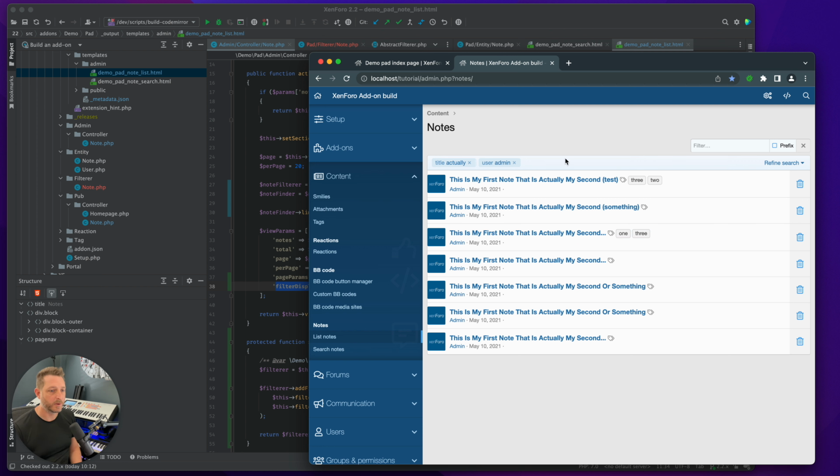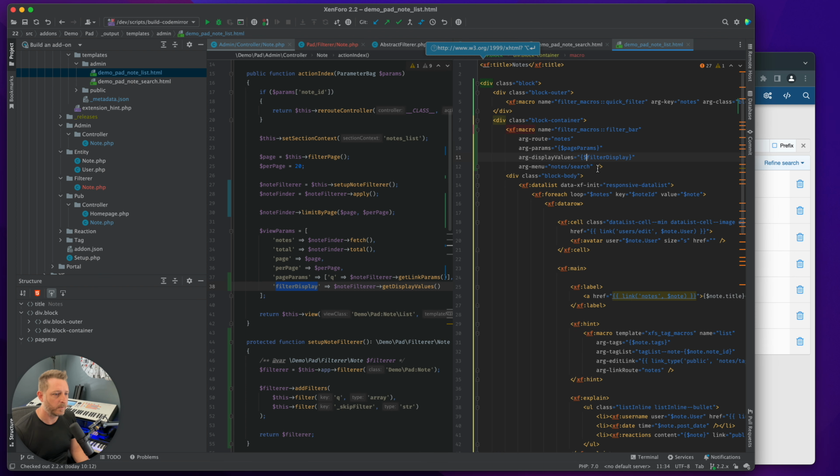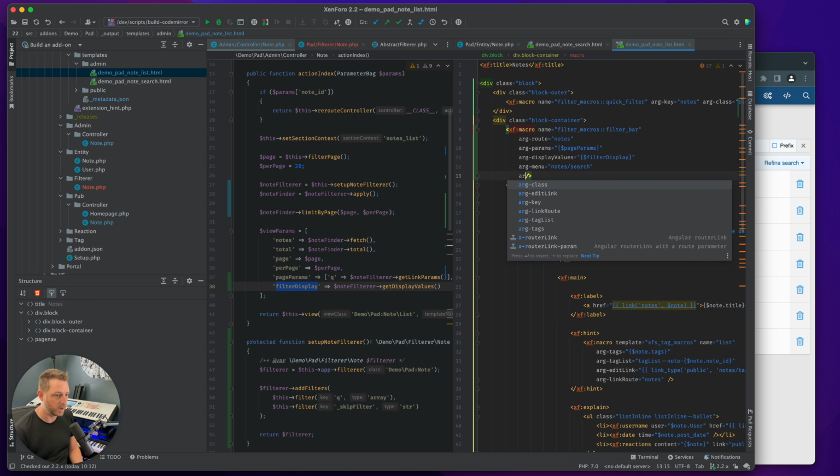Let's do another refinement. Let's say that the user is admin, and we'll get that. But what you may have spotted right now is that the labels for these things are lowercase. They are actually the raw parameters that are being passed to the filterer, and that's not really what we want. We want something that is, for a start, language independent, and also just looks nicer. So the way to do that is we come back to our macro here,